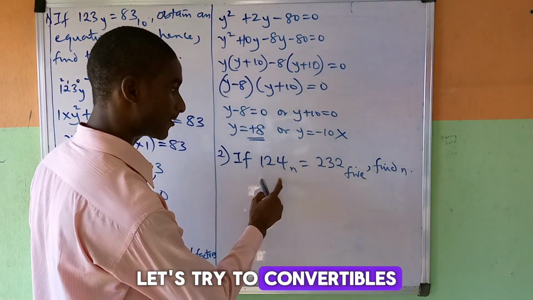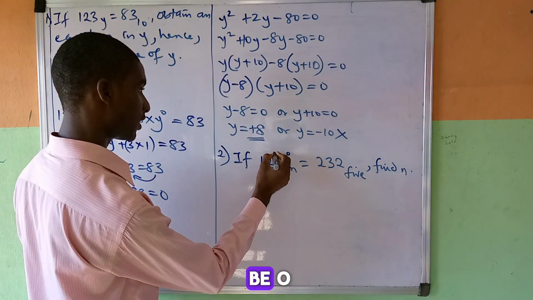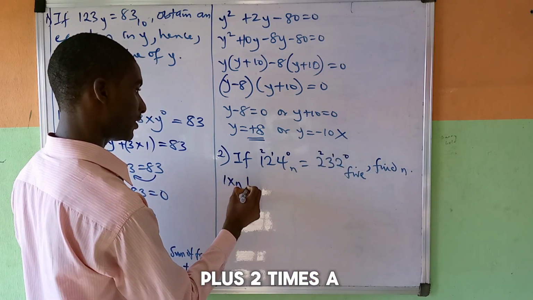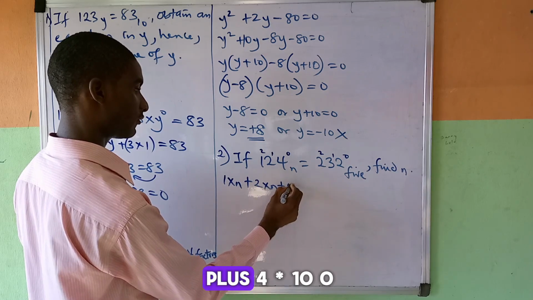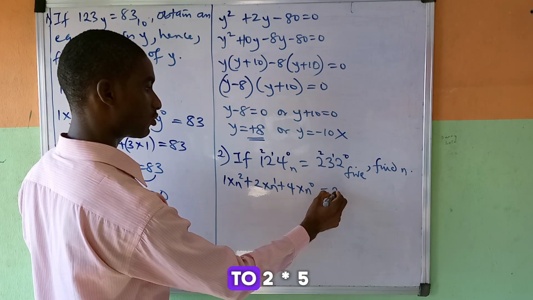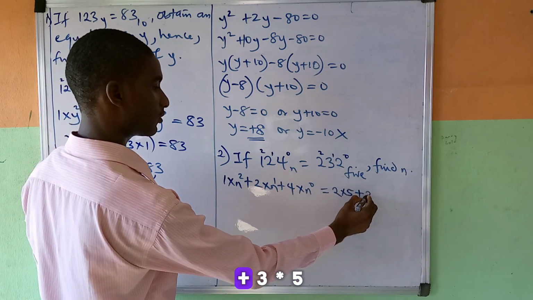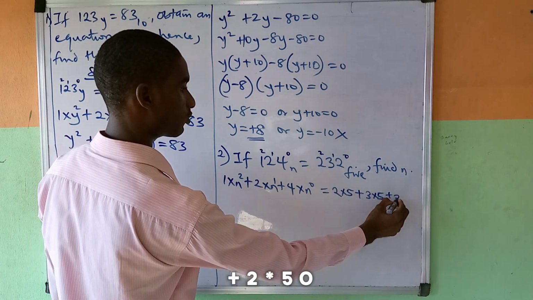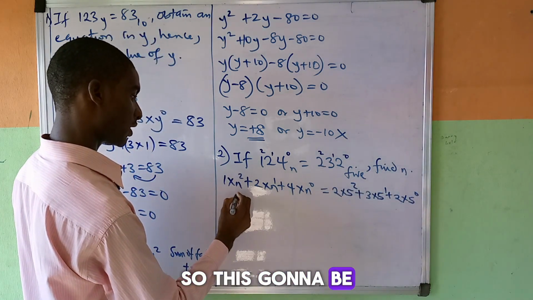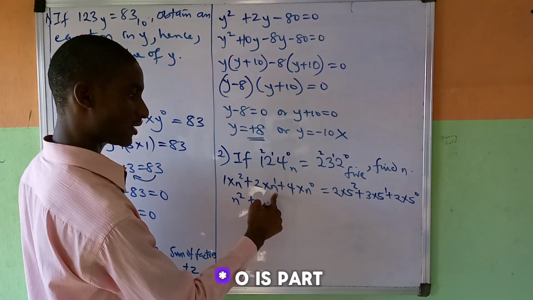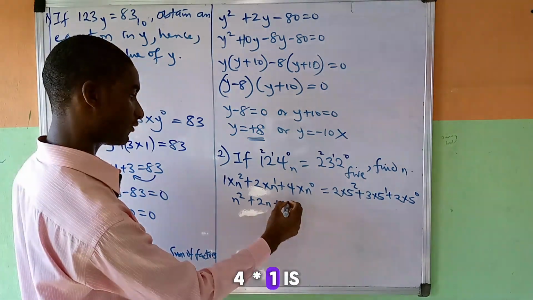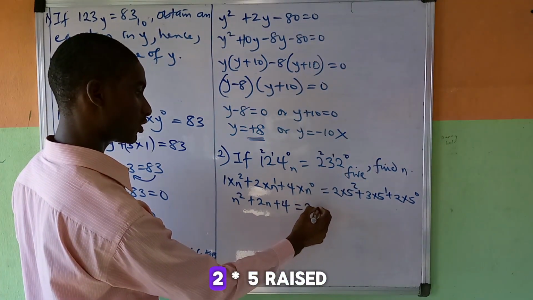So let's try to convert most of them to base 10. This will be 0, 1, 2, 0, 1, 2. So this will be 1 times n^2 plus 2 times n^1 plus 4 times n^0, all equal to 2 times 5^2 plus 3 times 5^1 plus 2 times 5^0. So this is going to be n squared, plus 2 times n raised to power 1 will be 2n, plus n raised to power 0 is 1, 4 times 1 is 4, all equals to 2 times 5 raised to